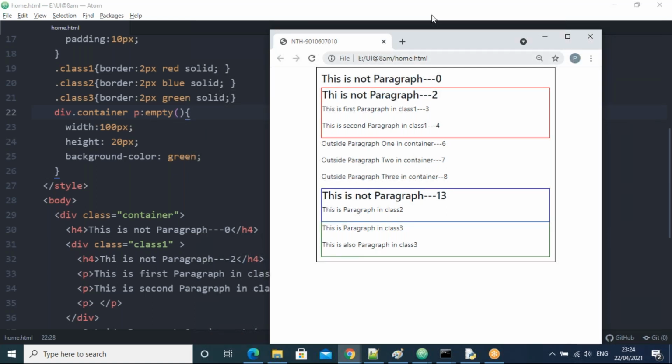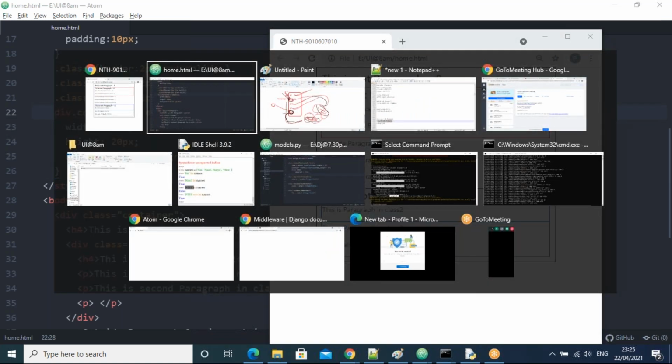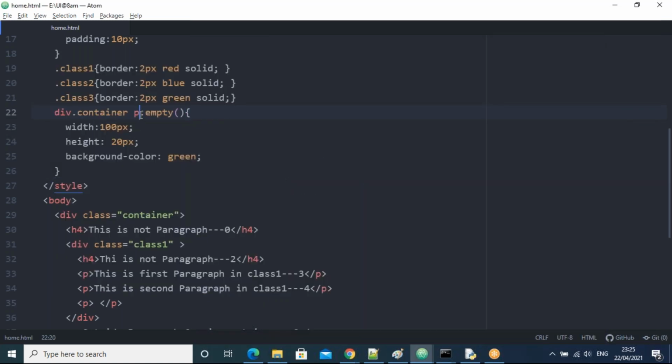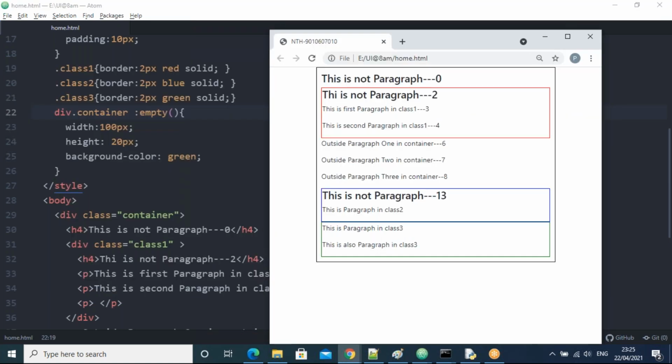I'll do one thing, guys. Use another class for width and height. Let us try now. I am taking the P. Let me remove the P, guys. Remove the P here.